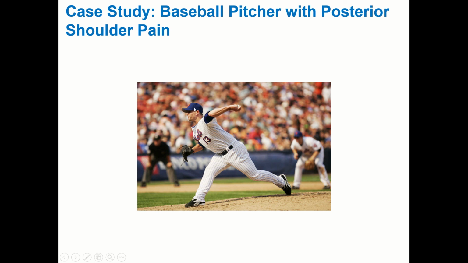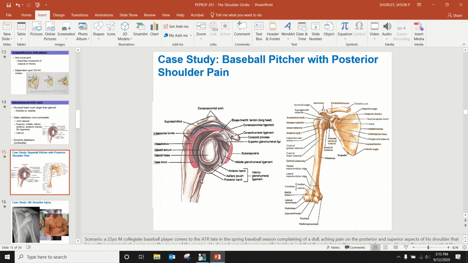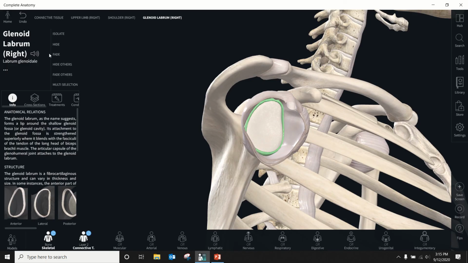Now, as a consequence of that, though, typically they're going to have tightness of their posterior capsule. And so what happens there is that it pulls the humerus slightly up, so slightly superiorly, and then also slightly posteriorly. And so then, because of that orientation of the humerus, let's switch to the anatomy guy, this will help a little bit. If we put his arm back on him,